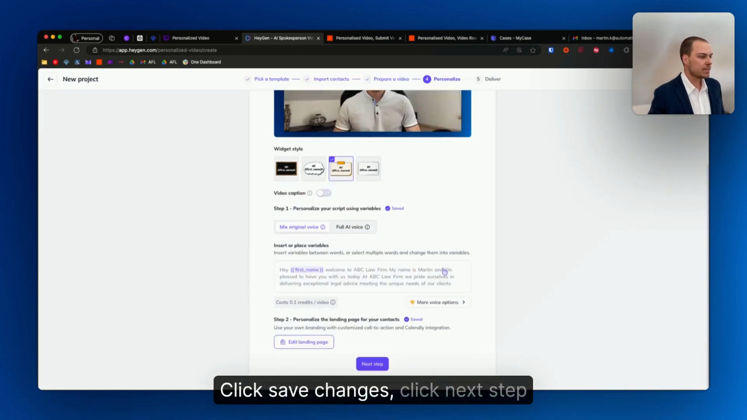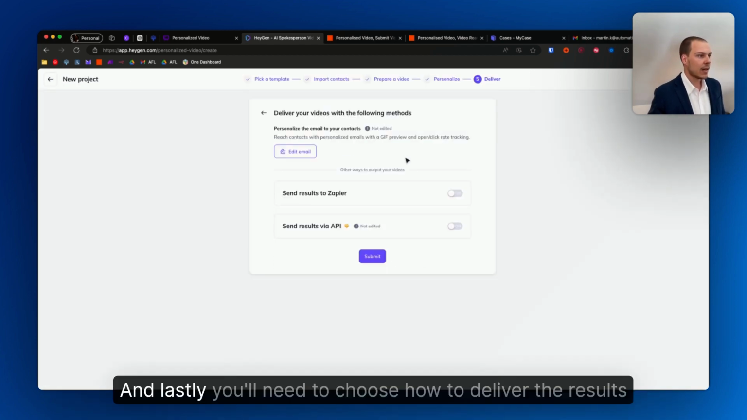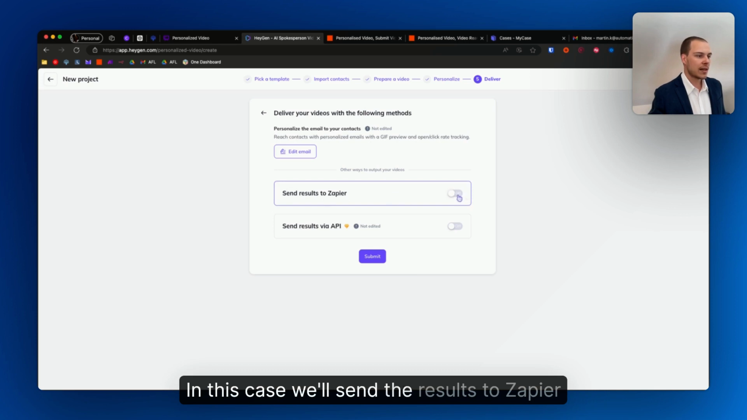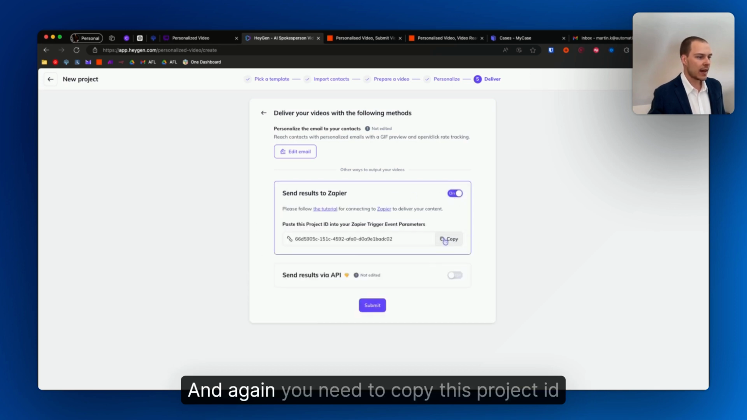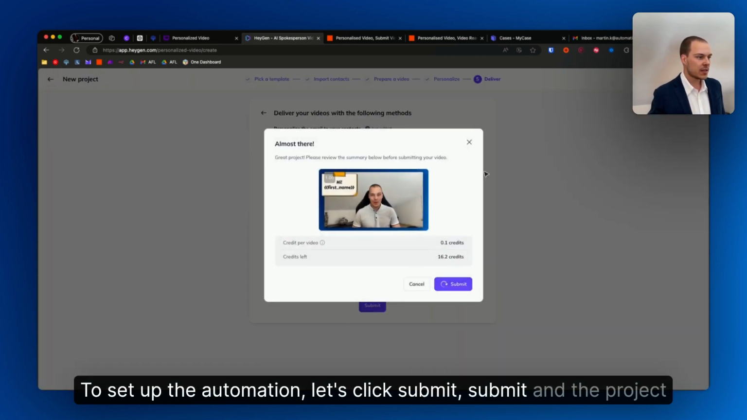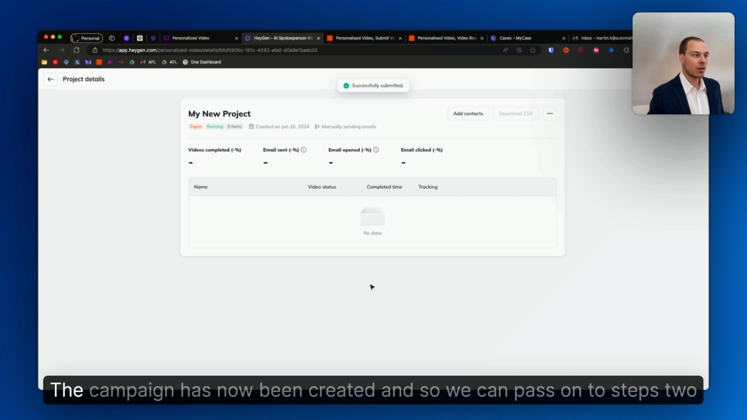Click Save Changes, click Next Step, and lastly, you'll need to choose how to deliver the results. So once the video is ready, what to do about it. In this case, we'll send the results to Zapier. And again, you need to copy this project ID to set up the automation. Let's click Submit, and the campaign has now been created,